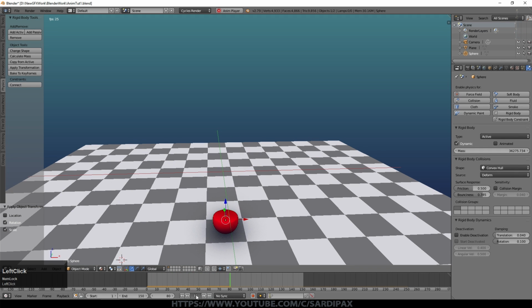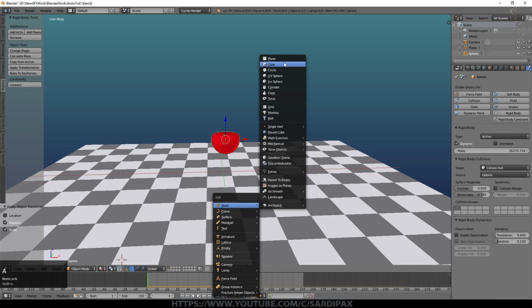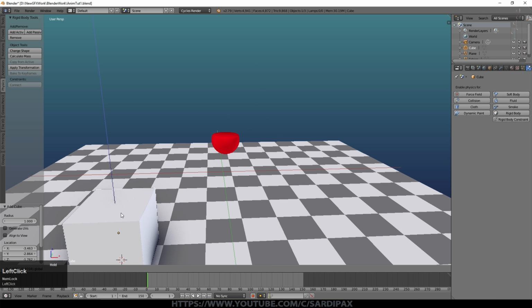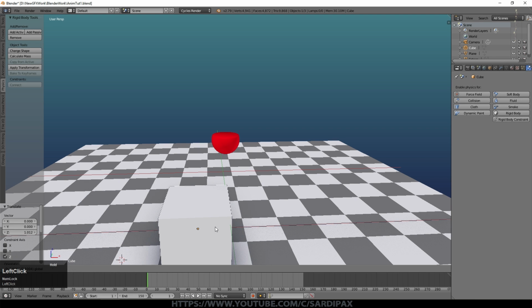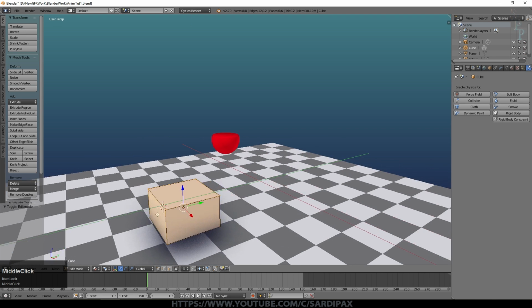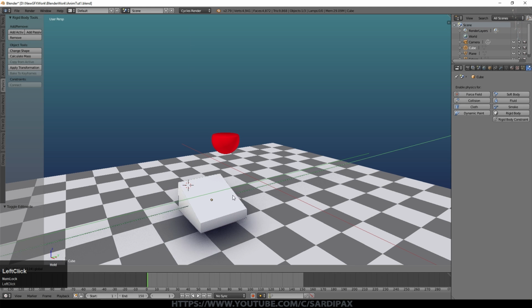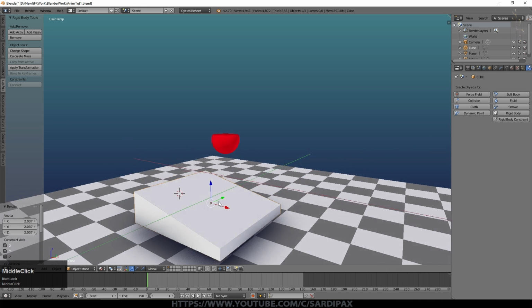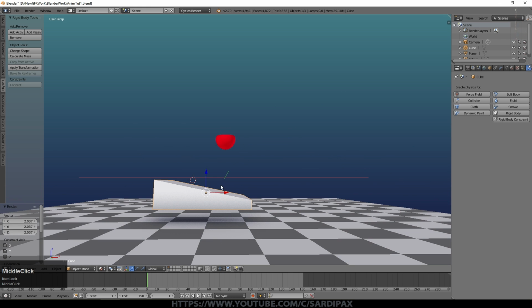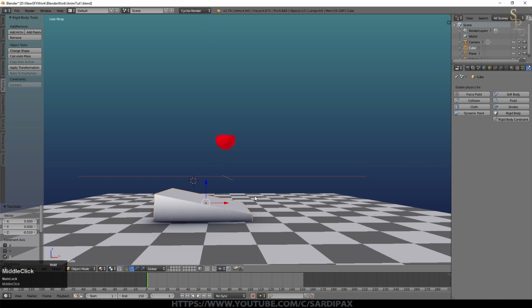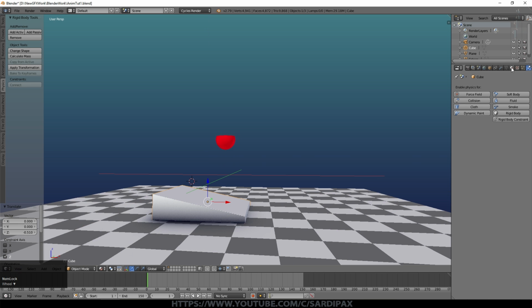At the moment it's not having any effect, but I'm also going to add something else. So I'm going to add a cube, put that somewhere about here. It's going to be another passive object, and I'm going to give that side of the cube a slope. So we'll pull that down to about there. I'm scaling it up on everything except for the Z-axis, and now I'm just going to pull it down to coincide with the floor plane. It's actually going slightly through it, and that's fine.